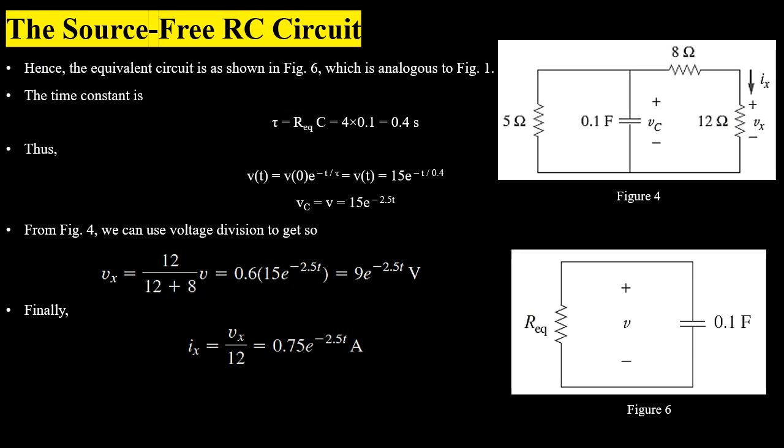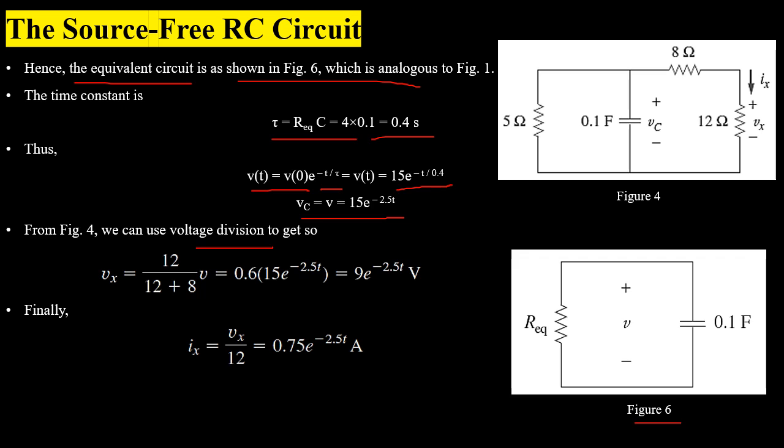Now the equivalent circuit is shown in figure 6, which is analogous to figure 1. Hence the time constant will be equal to R equivalent multiplied by the capacitance of the capacitor and will have a value of 0.4 seconds. And the voltage V of t will be equal to V naught multiplied by exponential power minus t over tau. Substituting the value of initial voltage stored and time constant tau, we will have the voltage across the capacitor equal to 15 e to the power minus 2.5 t,